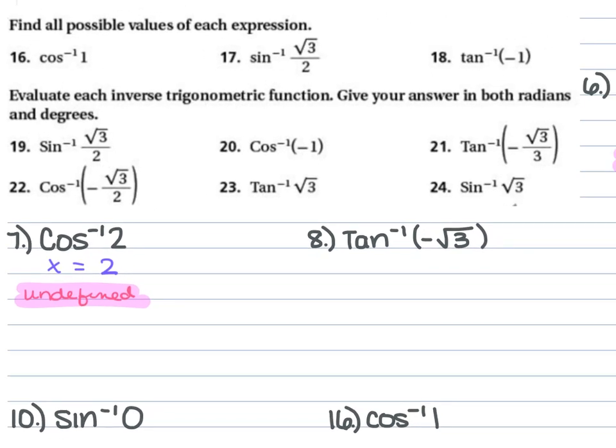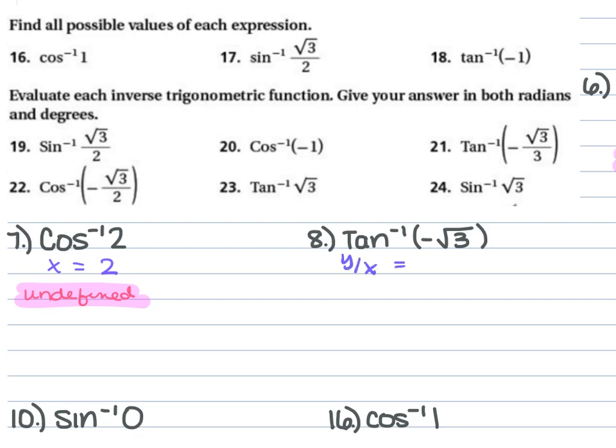For 8, we have the inverse of tangent where we get negative square root 3. Well, with this one, we want our y over x to be the negative square root of 3. So if you look at our values, we have 1/2, the square root of 2 over 2, and the square root of 3 over 2. We want to cancel out those 2s somehow and just be left with the square root of 3. So if we're doing y divided by x,